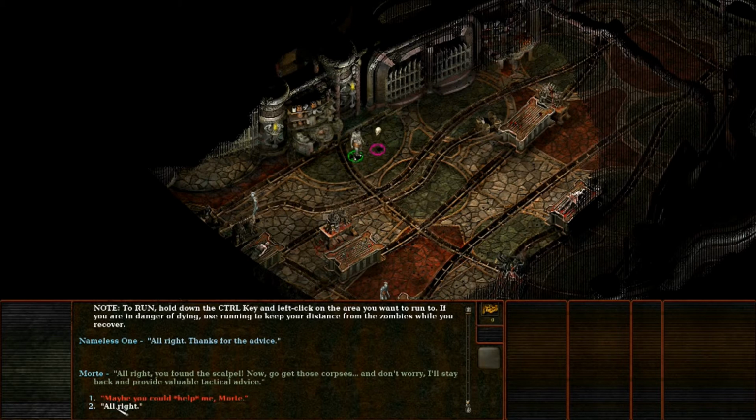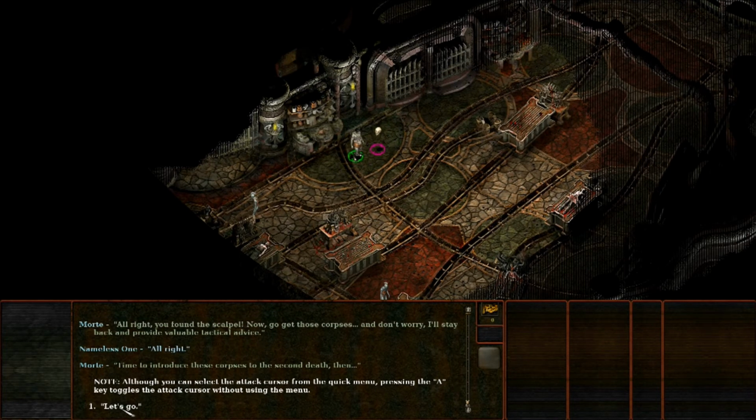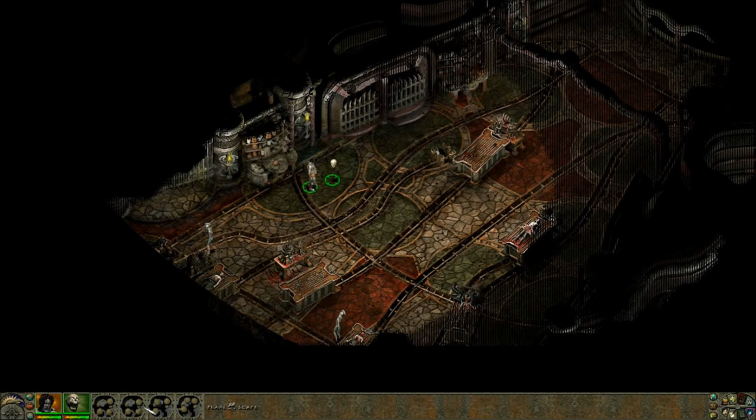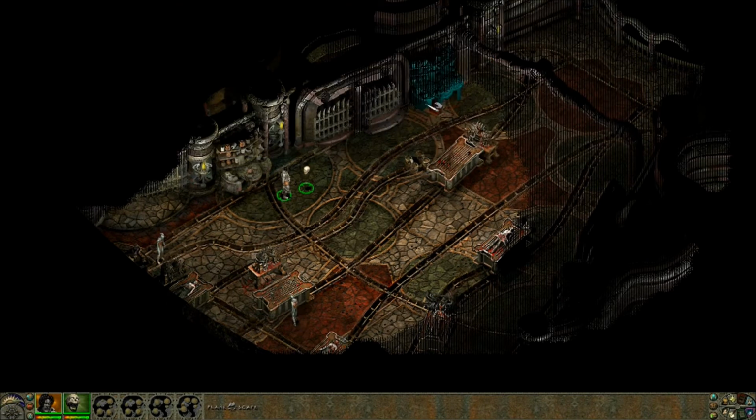I want to say, I mean, he's a freaking skull. What's he gonna do? So sure, all right. Time to reduce those corpses to a second death then. Okay, I'm assuming I need to equip this. I am assuming correctly. So, okay. And they said attack will automatically let me...